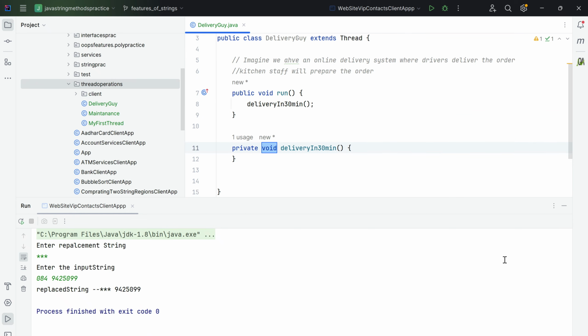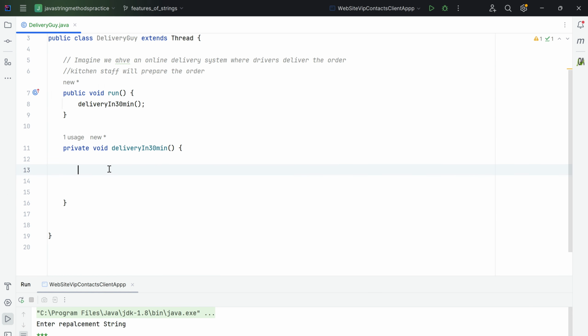30 minutes. I'll write a simple statement actually. Okay, so delivery in 30 minutes. So I will say System.out.println and I'll write a message like,